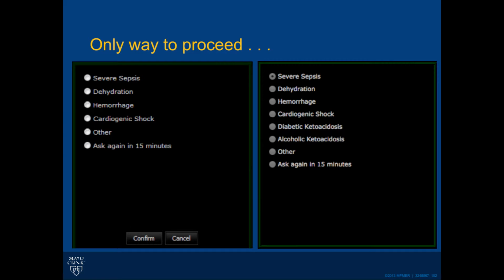This is an incomplete list, and there are some things I wish I had added that I didn't know were causes of these states. I wish that I'd added medication effect under the hypotension part, because that's the most common other answer that's given. We give medicines that drop blood pressure a little bit. And I wish that we'd added blunt trauma or seizure to the elevated lactate, because while I thought hemorrhage would be the cause, I found that it's not necessarily always hemorrhage, and blunt trauma and seizure are frequent causes of elevated lactates. You can say, ask again in 15 minutes so that you can get back to your workflow, but you're thinking about it, at which point the siren turns blue and goes down into the corner, and then 15 minutes later it becomes the big red annoying block again.